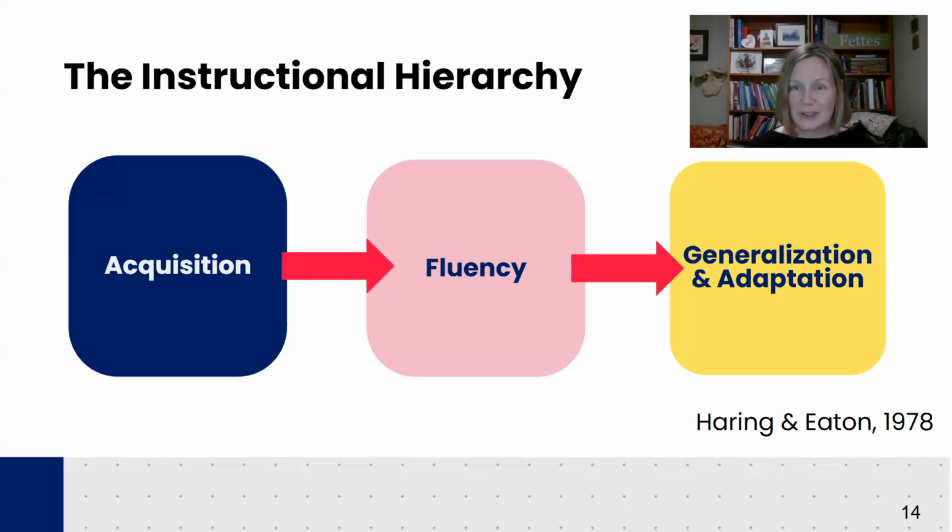And once we have the acquisition, once we've built that fluency through practice, supported practice, students can generalize and adapt it. And of course, as educators, we still want to talk about and think about those foundational pieces that involve decoding and fluency, particularly for our students who struggle to access grade level text. And so, as students are able to generalize and adapt, we want to continue to work with students for whom accessing grade level text might continue to be difficult.